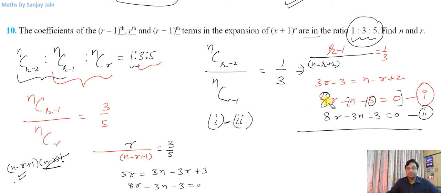What I have done is I have multiplied both sides by 2. Now if you see, if I subtract these, this sign will be changed. So these terms can be cancelled, and I'll have n here minus 7 equals 0. So n will be equal to 7. If n is 7, I can place it in any of these equations. Let me place it here.